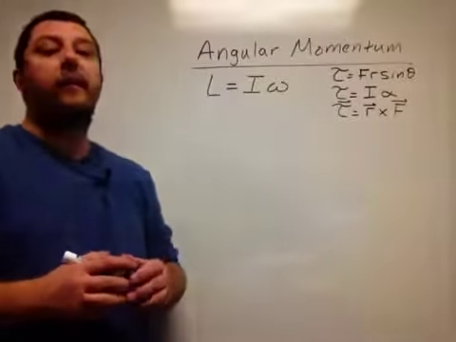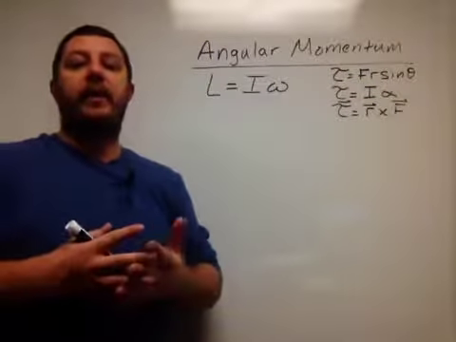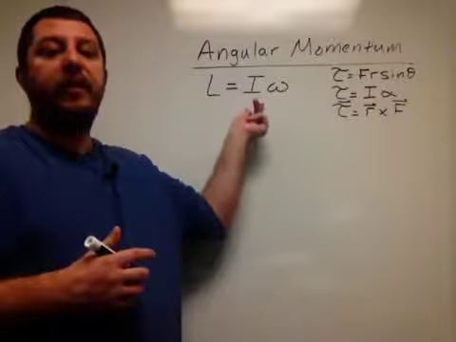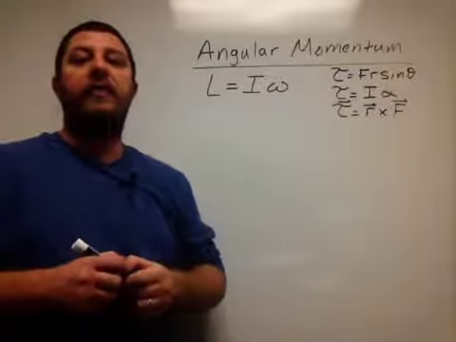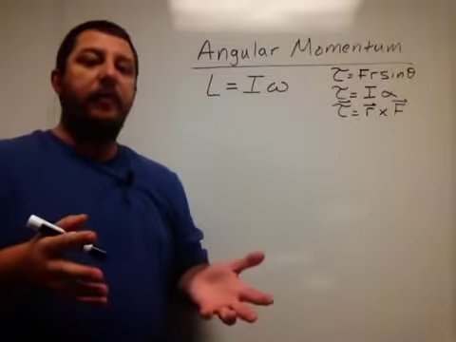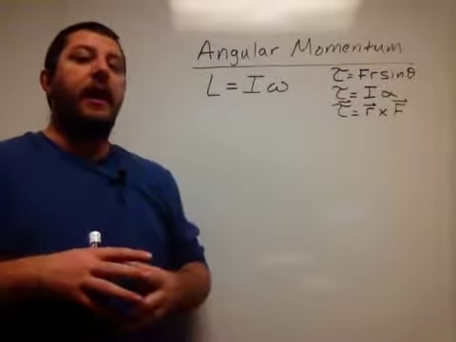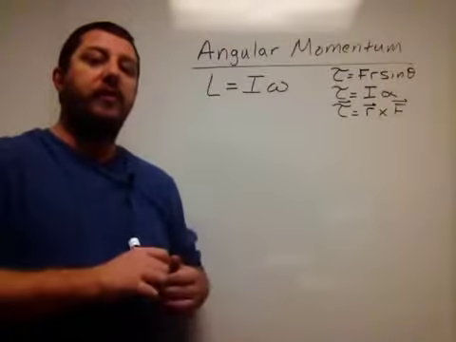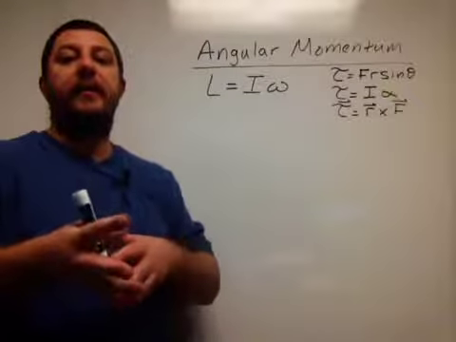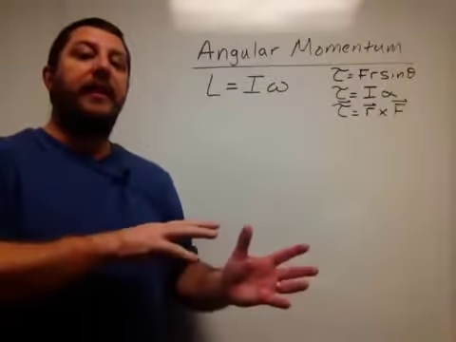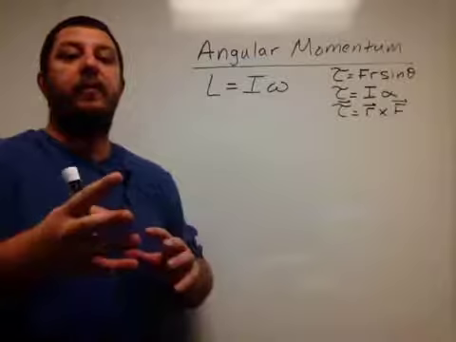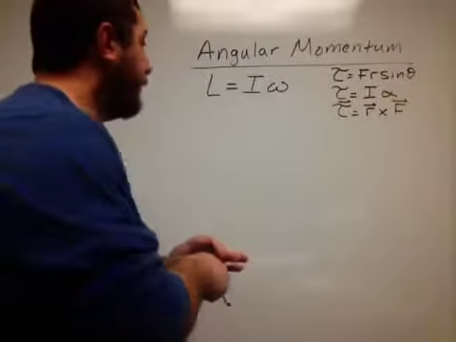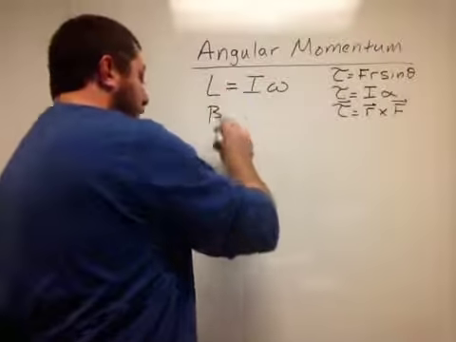And angular momentum, which we denote as the letter L, is equal to the moment of inertia times the angular velocity. And you might have been able to deduce that this was going to be the case, as we've had the nice analog between the rotational kinematics and the linear kinematics, just replacing any of the linear quantities by their rotational analogs. And if you recall, the linear momentum, p, is equal to mv,